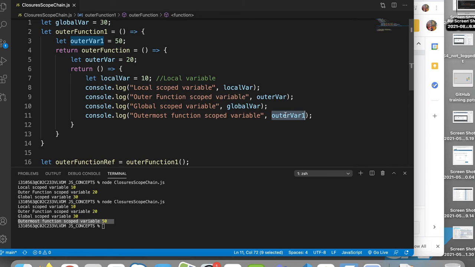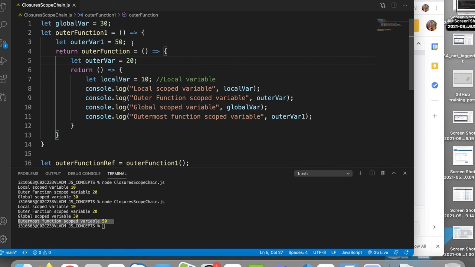And outer var1, where is this defined exactly? It tries to find it in the one level up outer function, and if it finds it there, it accesses that. If it is not available in the immediate outer function, then it will go one level up and search there for the variable name. If it is not available there either, in the outermost function, then it will look at the global scope of your file and try to access the variable from there.